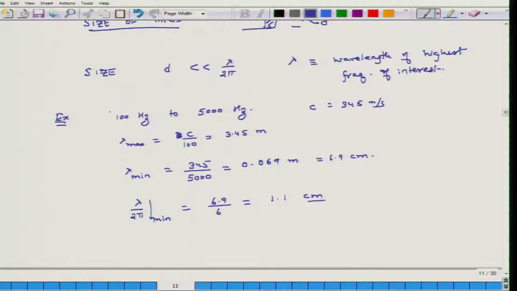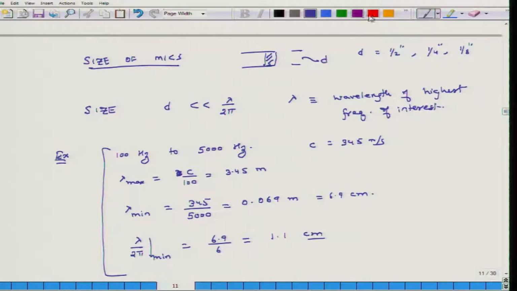So, for this application, if I use a microphone, let us say half inch. So, half inch means what? 13 millimeters, 1/4 inch means 6.5 millimeters, and 1/8 inch means 3.3 millimeters roughly. So, if I use this microphone,